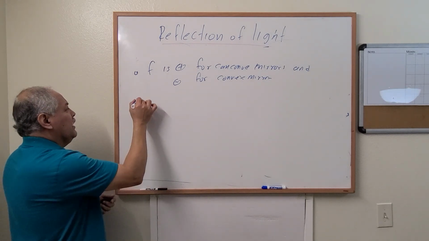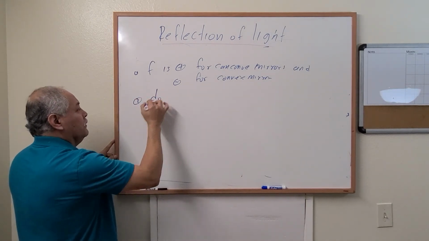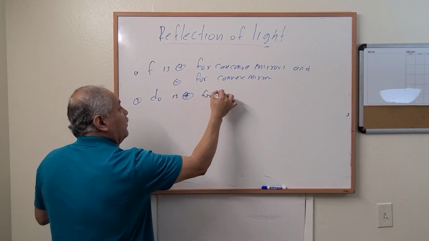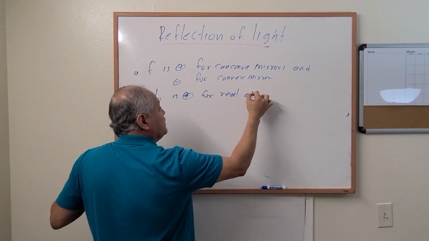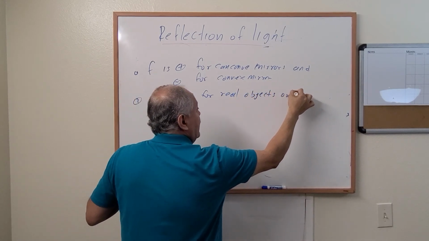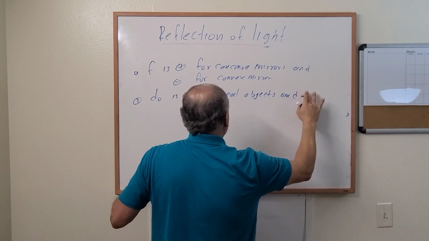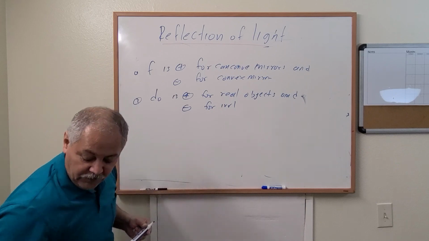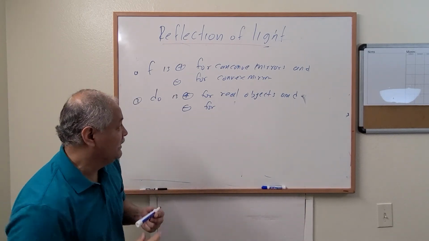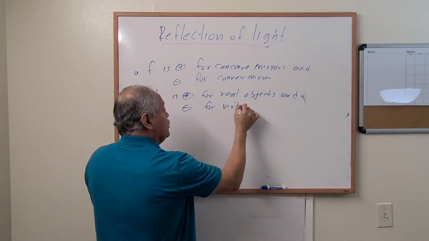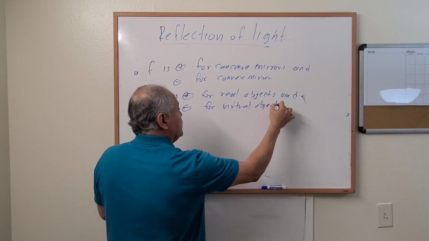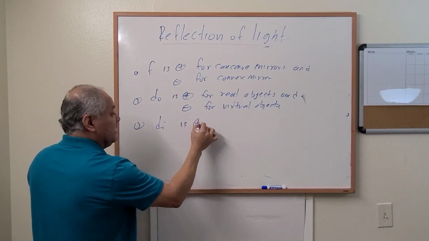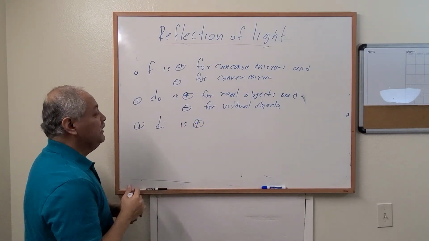Okay, great. What about dO? dO is positive for a real object and negative for a virtual object. What about dI? dI is positive, the distance positive,